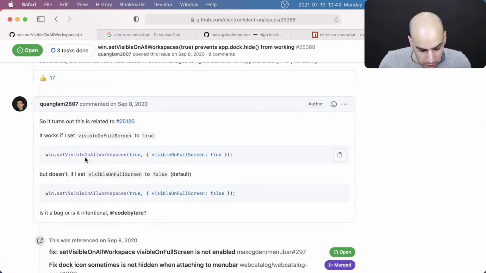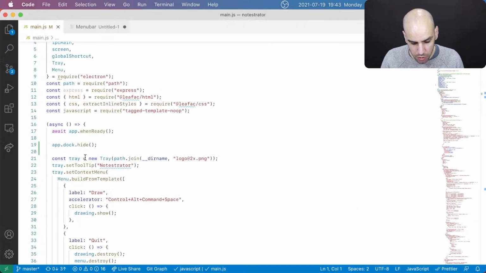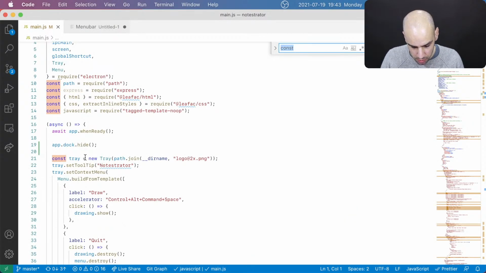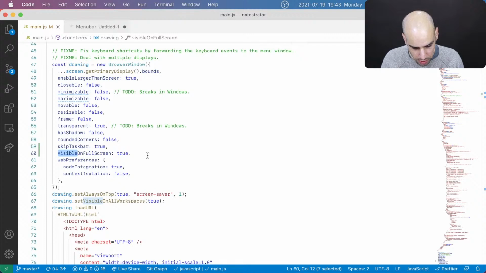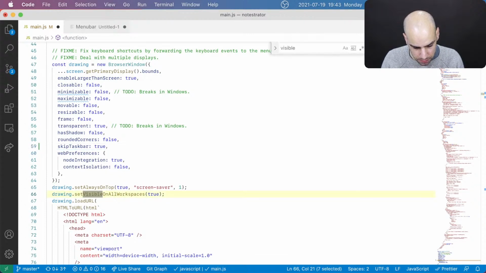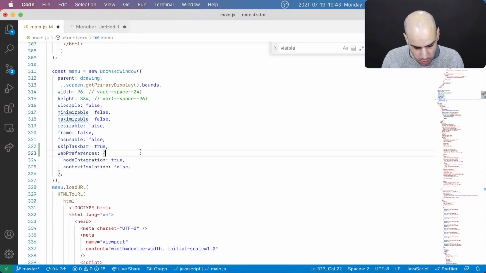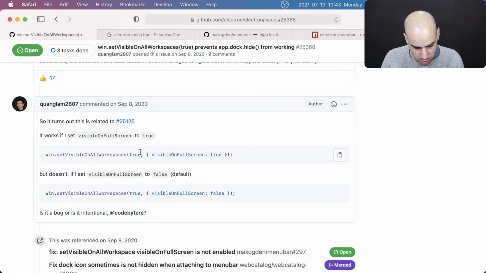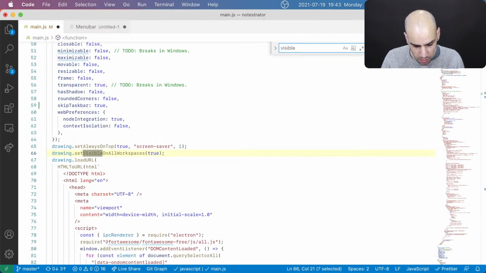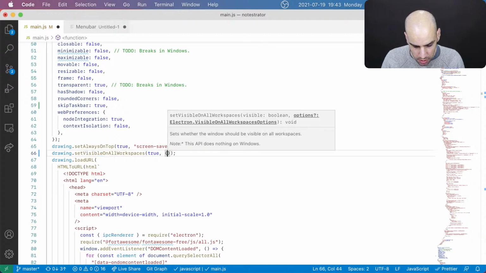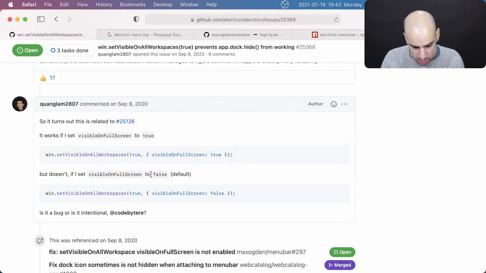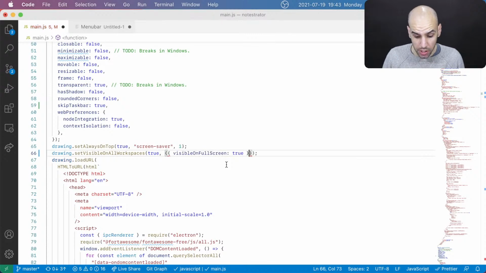Oh, okay. Visible on full screen is not when you create a browser window. It is when you are gonna say visible on all workspaces. That's when you say visible on full screen, which I guess is an option I wanted in the first place,